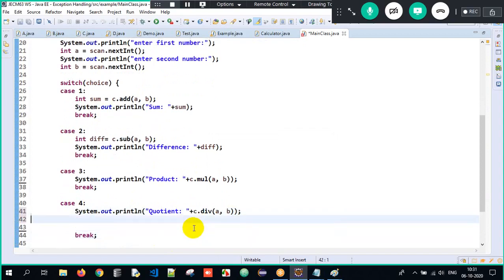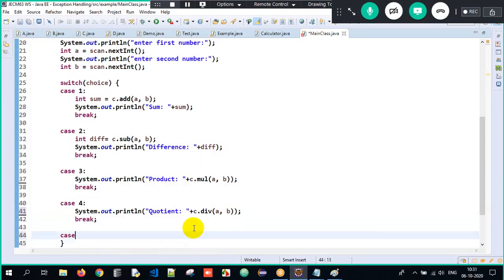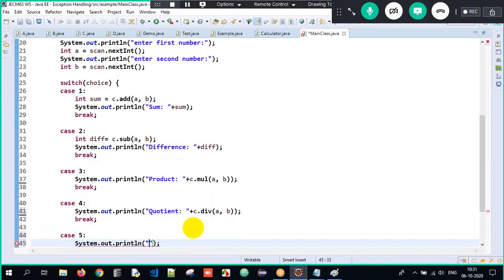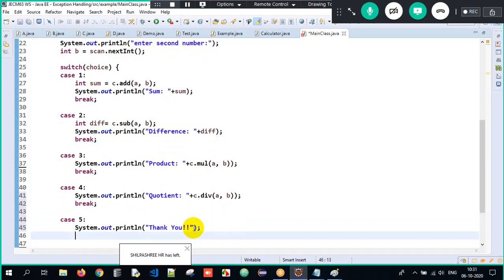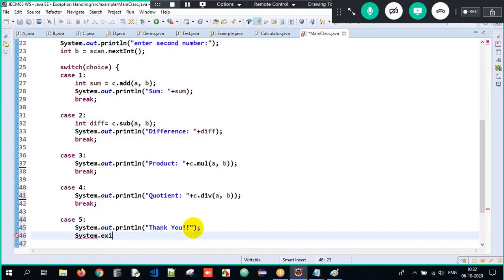And case 5 is nothing but exit. So I just write sys out, I'll write it as thank you. And how do we exit it? I have to make use of System.exit of 0.